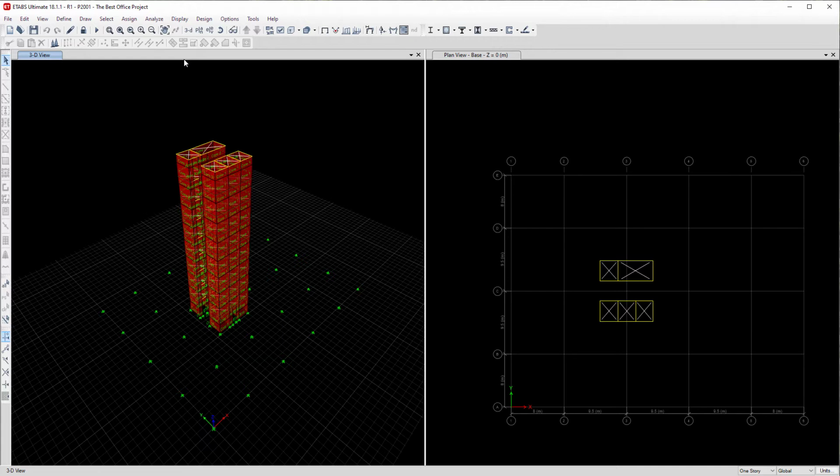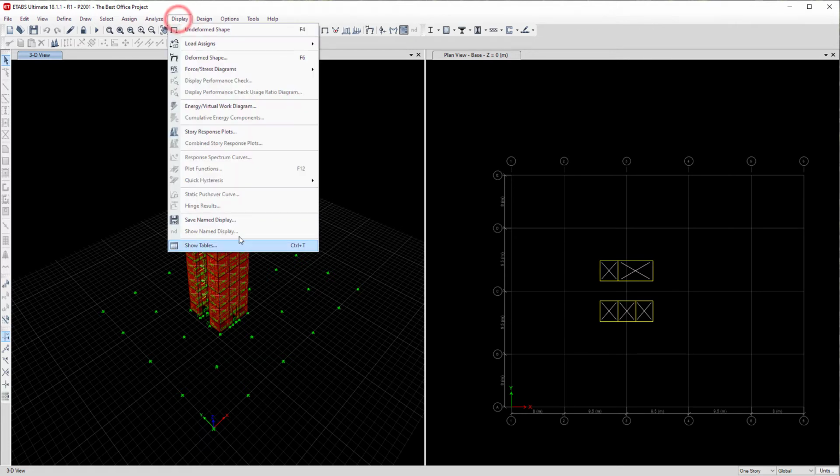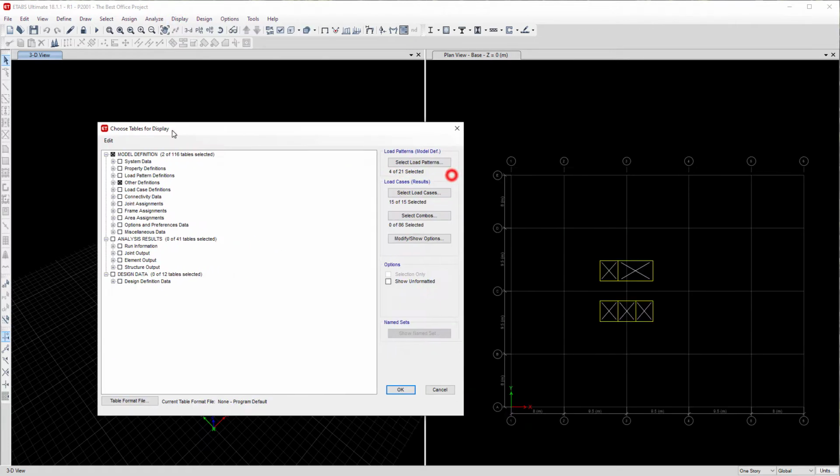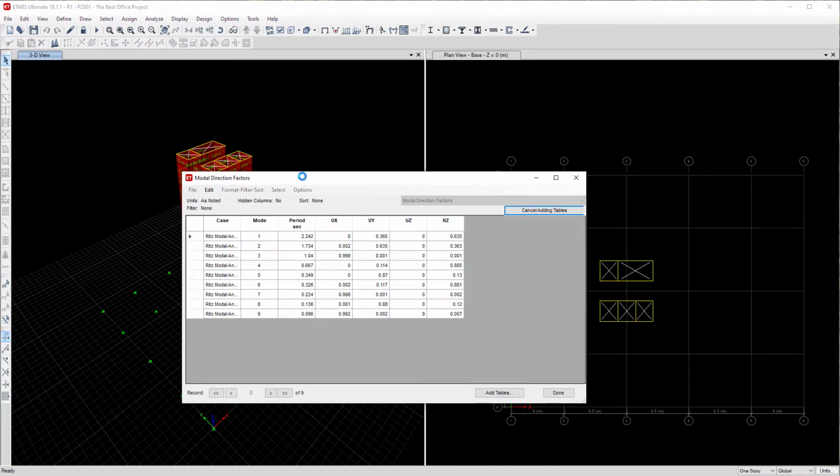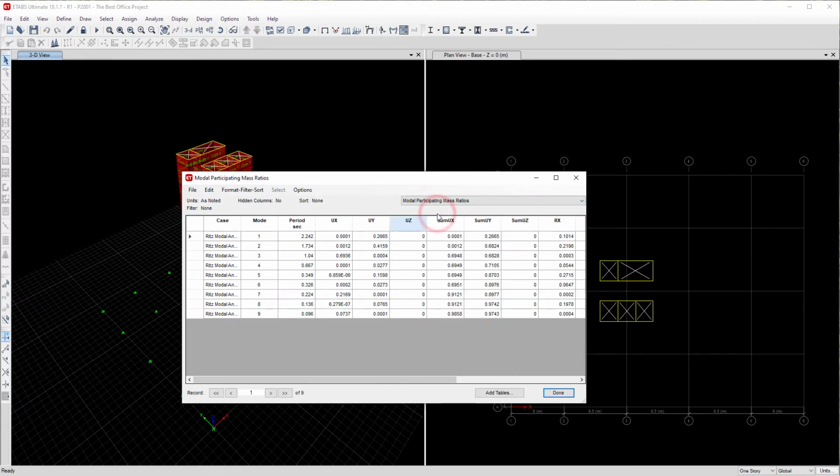our dynamic analysis, we can go to display tables, and this time we can go to structure output, modal information. We can look at the participating mass ratios, the modal direction factors and the participation factors. And let's click OK. So a table will come up, and what we can do is switch to the participating mass ratios